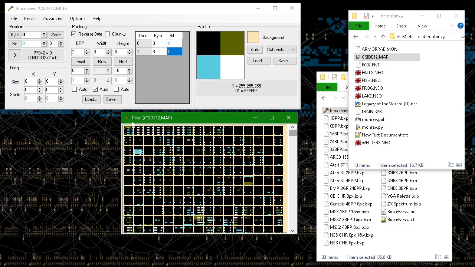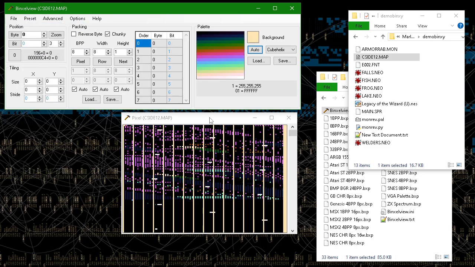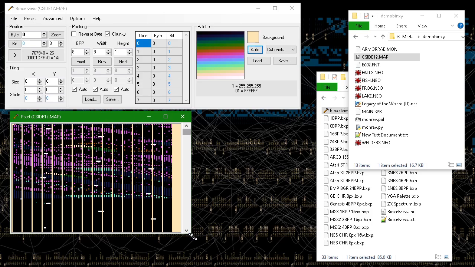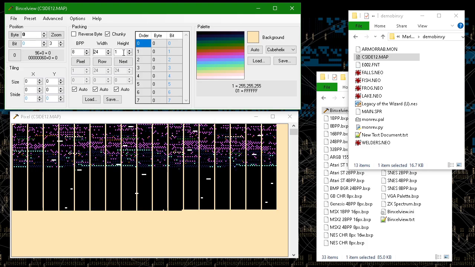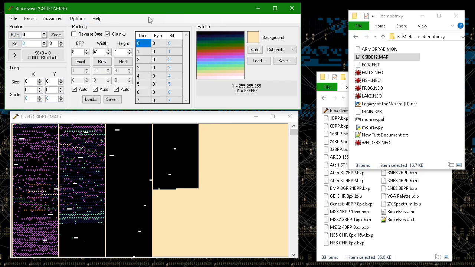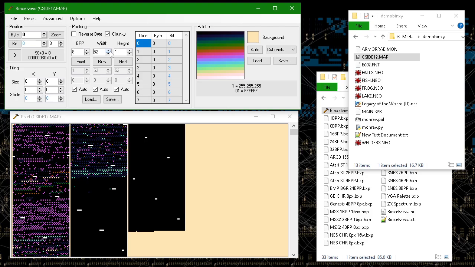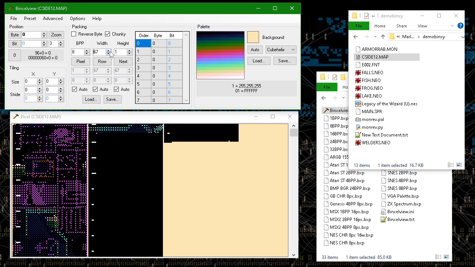Here's another map example. This is also from a Spectrum, but let's just go back to the 8 bits per pixel way that I usually start. And we'll just play with width again, as I usually do. Oh, so we want to go back to vertical layout. Usually vertical is what I need for starting to look at data. I find it tends to work better. So here we go. At 67, it looks like a map, but not quite.